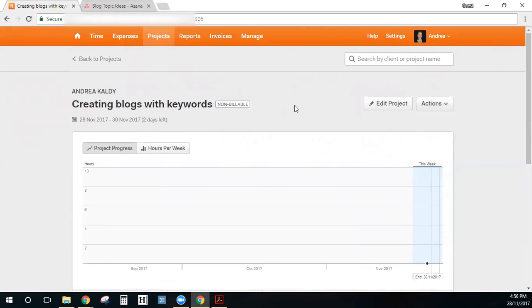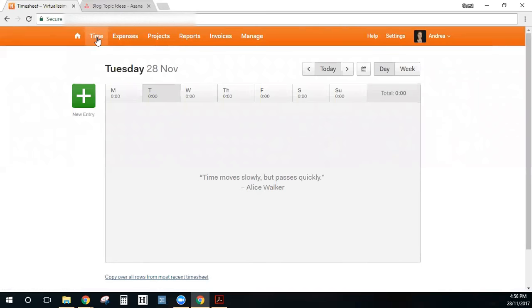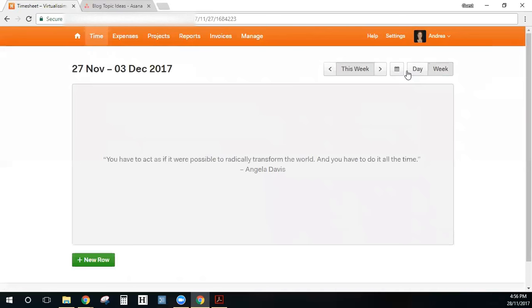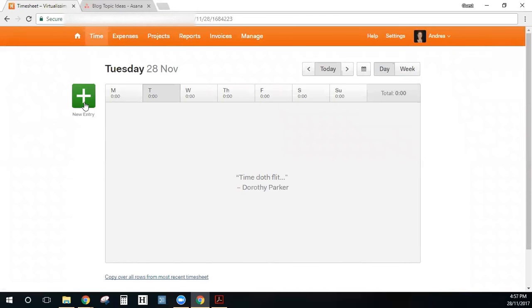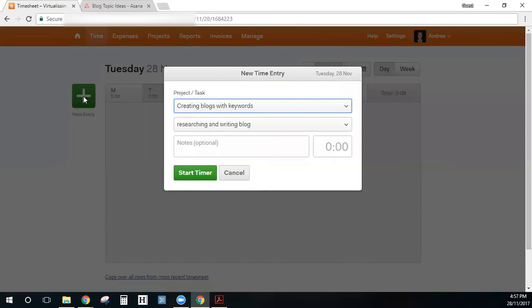So if I want to track my time, I can use this tab that says time, and it will immediately bring up today's date or the week, depending on how you've got it set up. See how the date changed to an interval for this week. So I'm just going to go back to day, and I'm going to go new entry, and it gives me